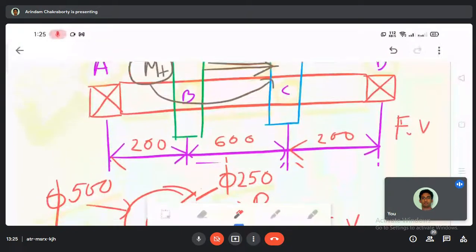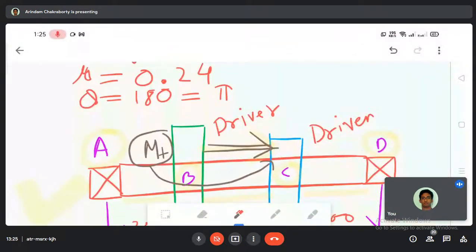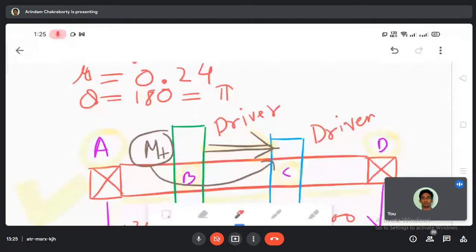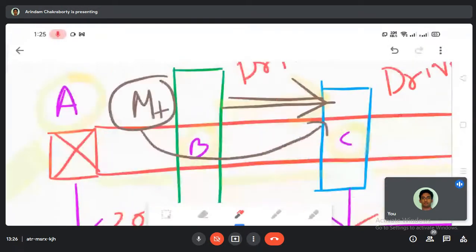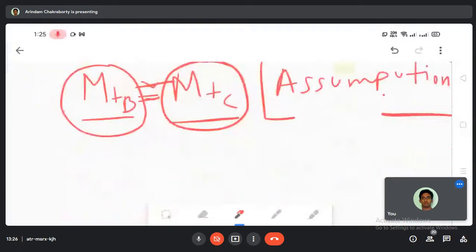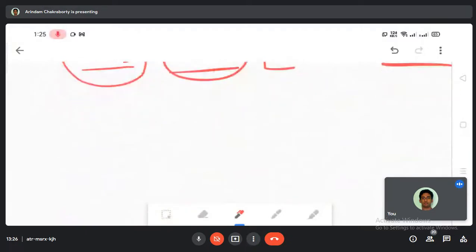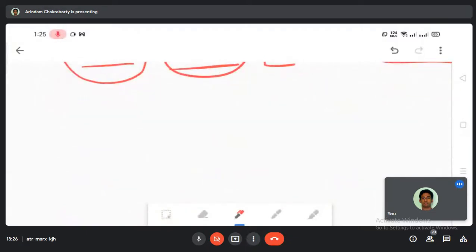Next step is, since we know that the torque moments are same, we have to find out the torque. But before that, as we do in design, the first step will always be to find the allowable stress, the allowable load. So let me write step 1. The first step will be the allowable load.